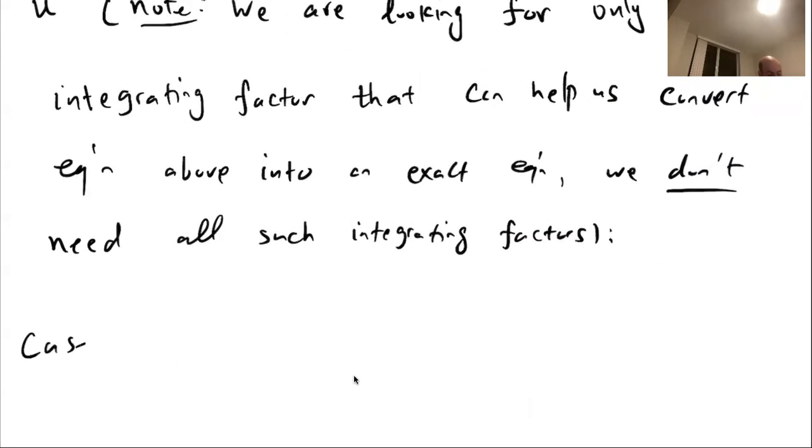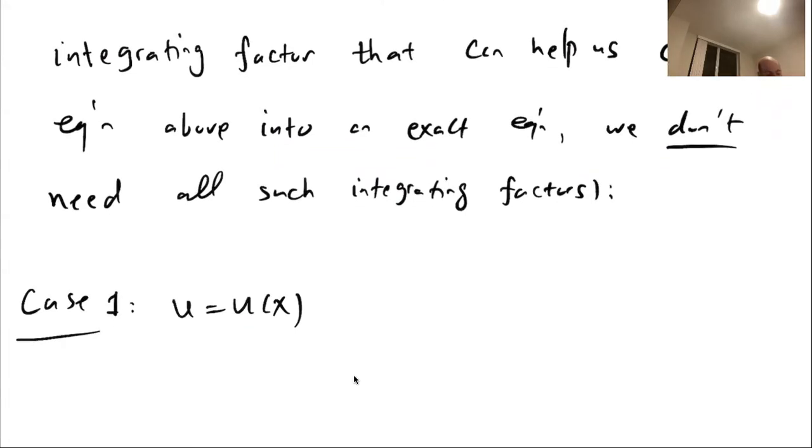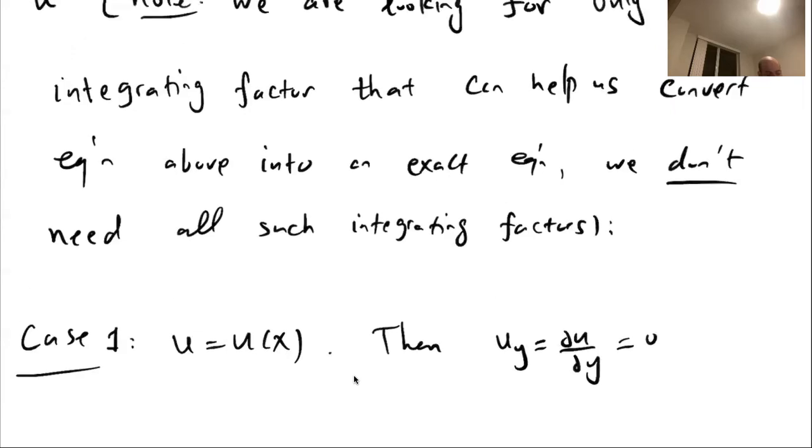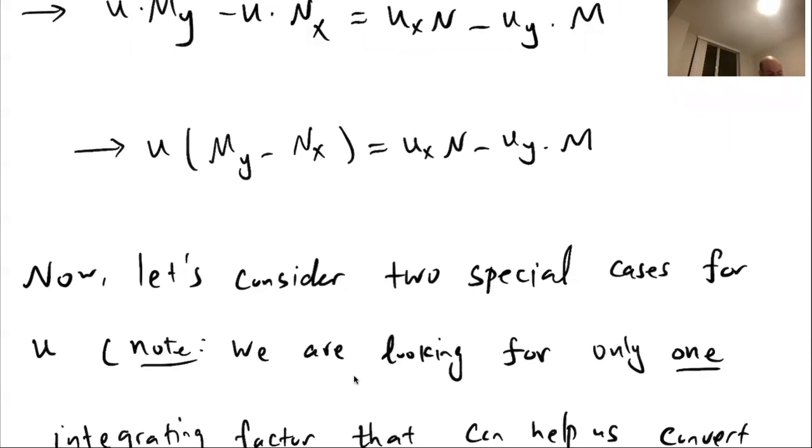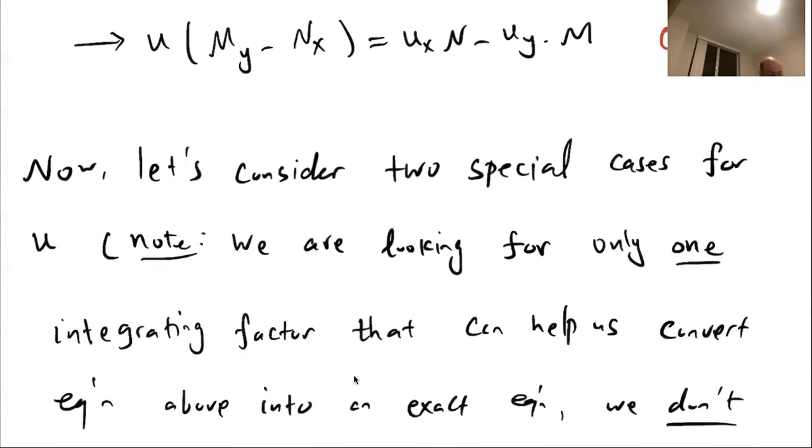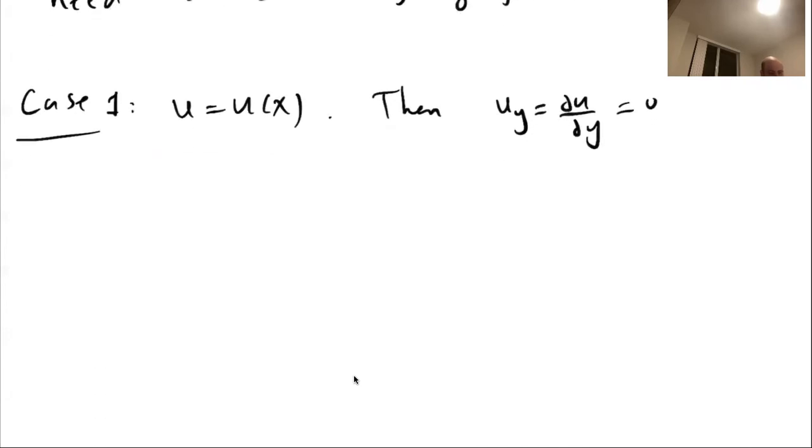So now we can consider case one, where u is a function of x only. Okay, u does not have to be a function of x, but one convenient, simple case would happen if u is a function of x only. Then in that case, u_y, which is du/dy, will be 0. And therefore, the equation here, which I can call star, can be written as